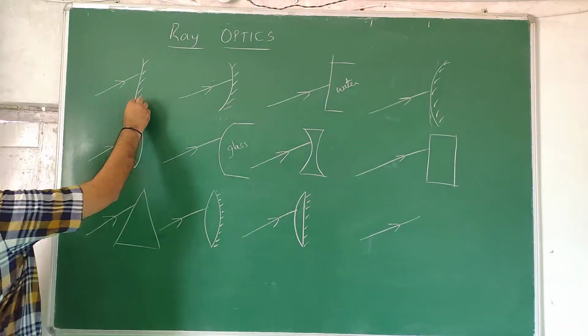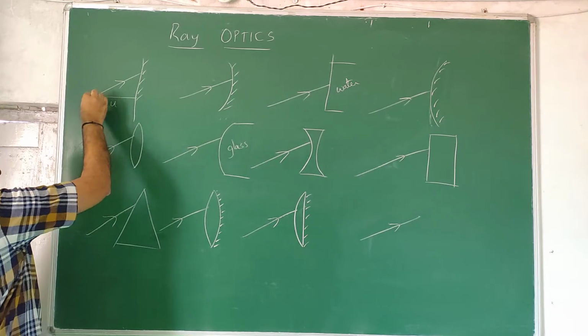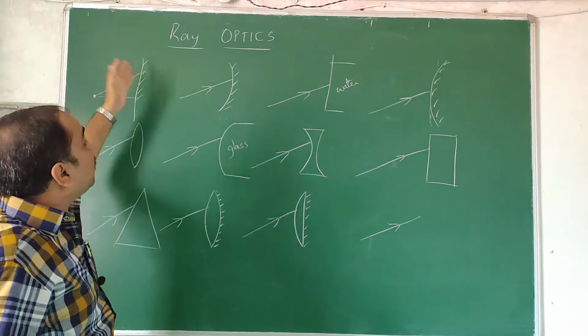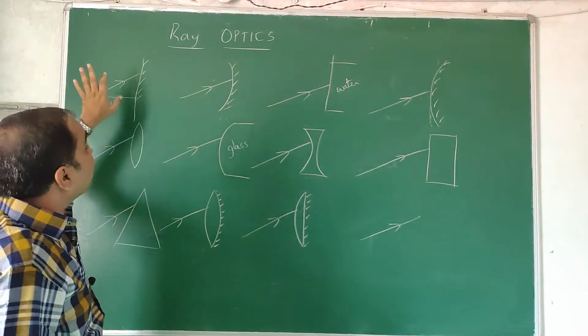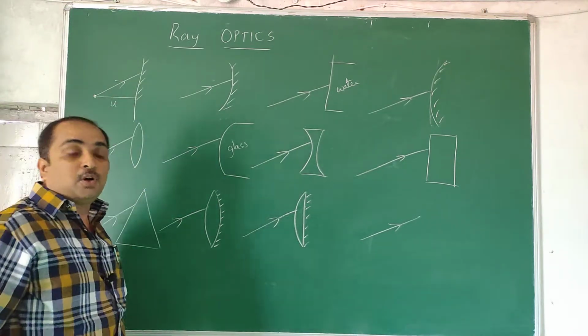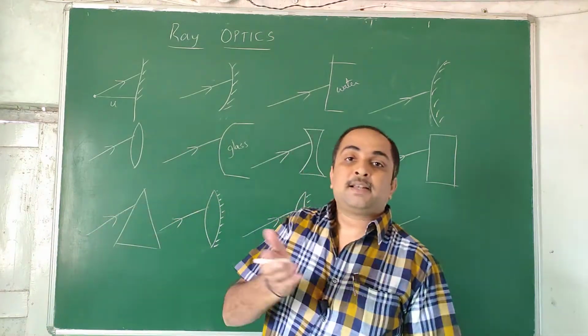Similarly, if you draw one more line, that's called the principal axis. This distance is called the object distance. If you know the object distance, what is the image distance? Once the ray bends according to the phenomenon, it bends either due to reflection or refraction. You should be able to understand what happens to the light ray. Once you understand, you can calculate these things. Reflection and refraction involve angles. Angles are related to trigonometry.